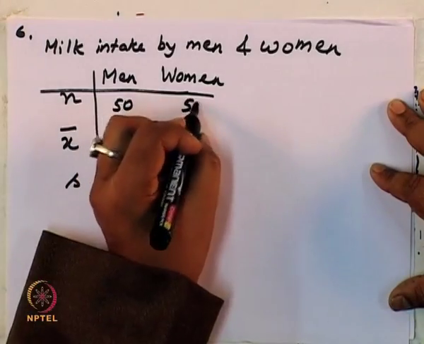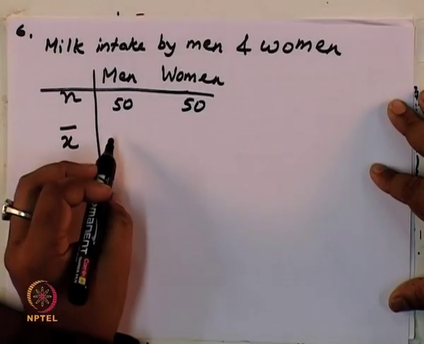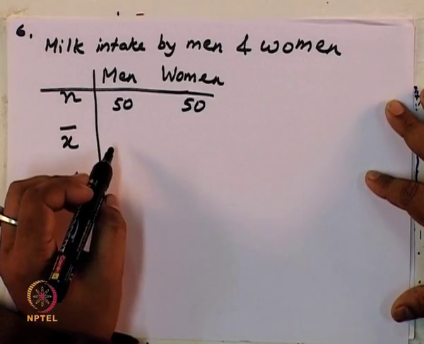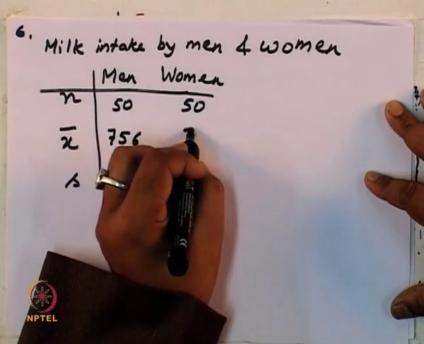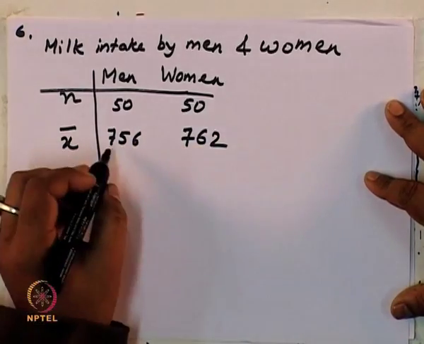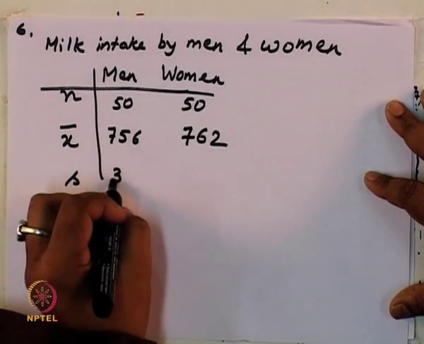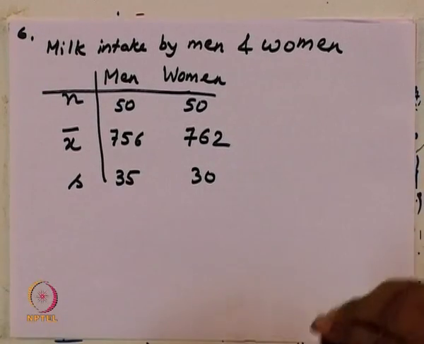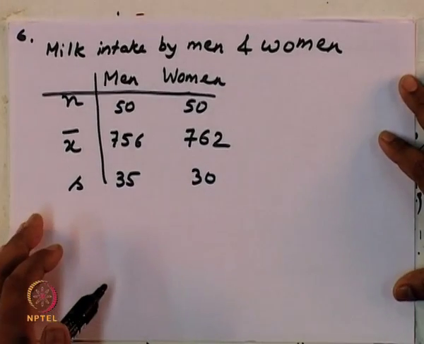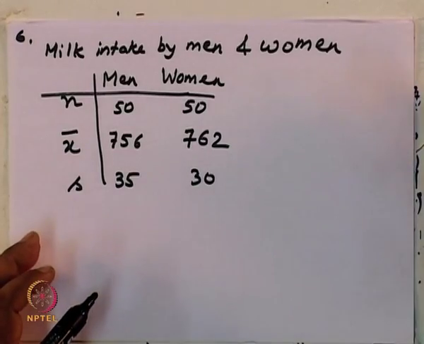Let us say you chose 50 men and 50 women and computed their average consumption of milk in a given week, and this is the average consumption and the standard deviations are 35 and 30 respectively. You want to make a conclusion for determining whether men consume more milk than women or the other way around. So, what we can do is we can find out the 95% confidence interval